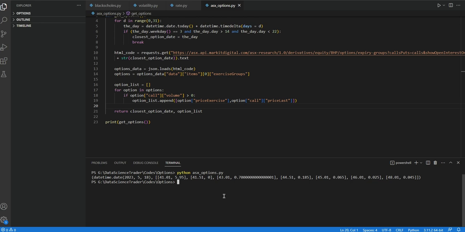Putting everything all together, we can use these functions and these tools to get prices, to see if we have some gaps in some pricing somewhere, and then we can use it